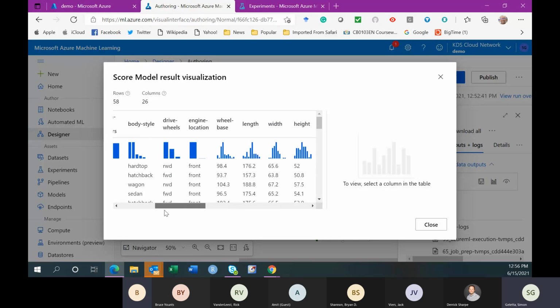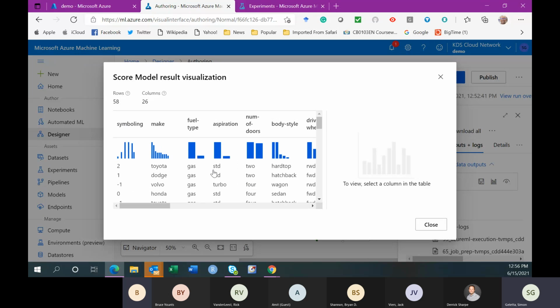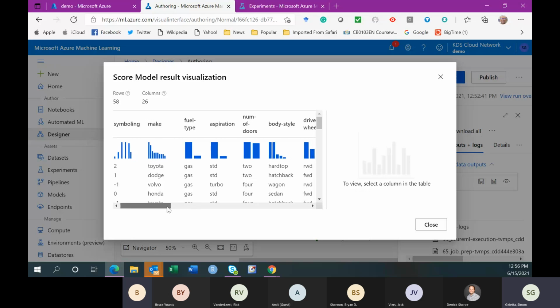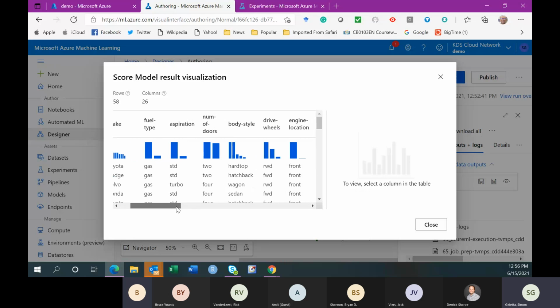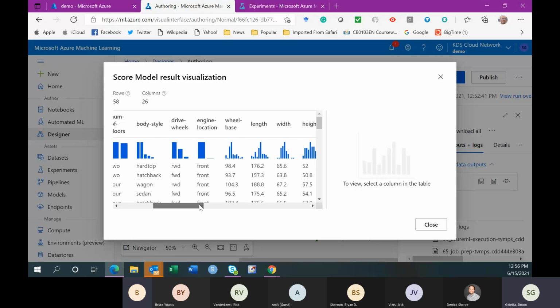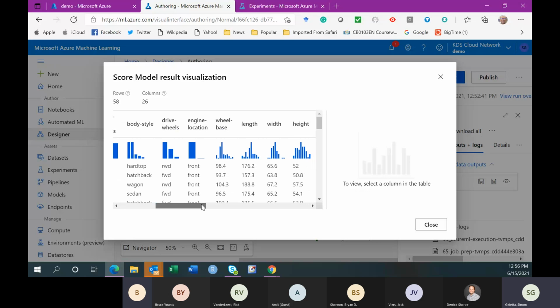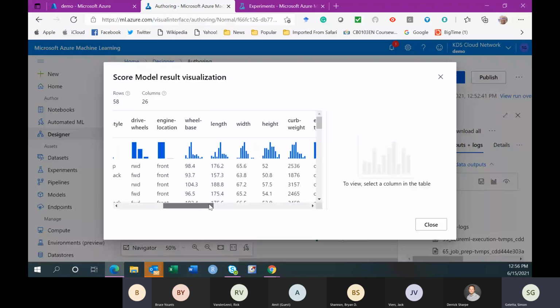You can improve this, like I said, by adding more variables or making more transformations. For example, you might want to take one of those variables, wheelbase or length and width, and make some other type of variable out of this. For example, let's take height.